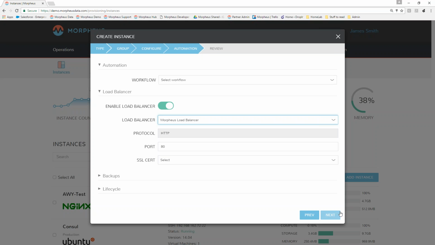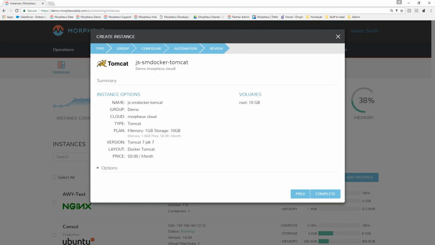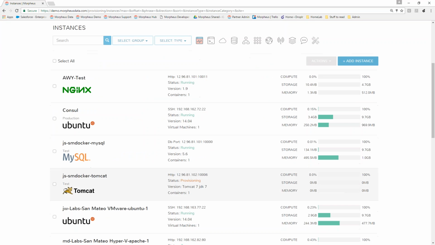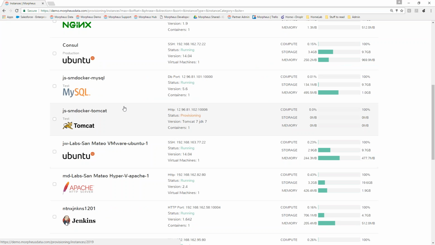So I'm going to tell it I want to use the Morpheus load balancer, hit next, hit complete, and we will now spin up the Tomcat server as well. You can see it provisioning there as well. Now while it's doing that,